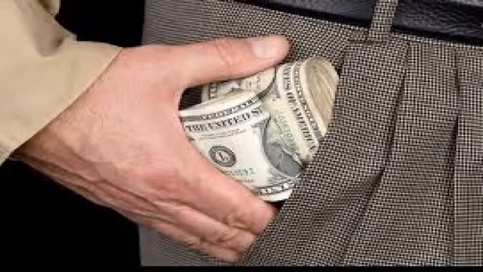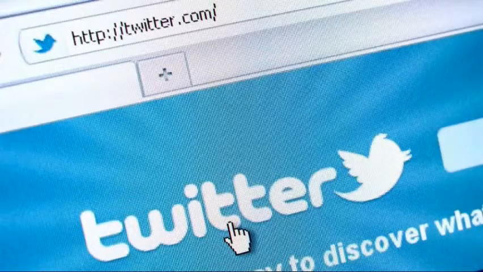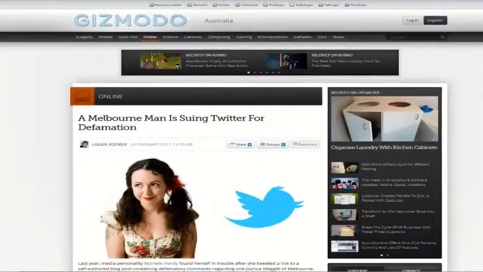However, generally the defamed person will often not pursue the author or republisher due to the difficulty that online anonymity may pose in identifying them, or the simple fact that the authors or republishers do not typically have deep pockets. This has led some to pursue claims against internet service providers and internet content hosts as publishers of defamatory material. In 2012, a Melbourne man and his lawyers brought an action against Twitter as the publisher of defamatory comments after hurtful comments were made about him by a